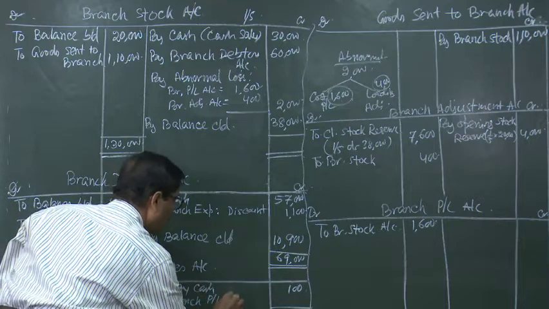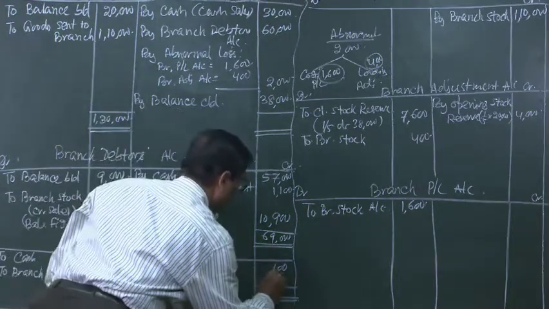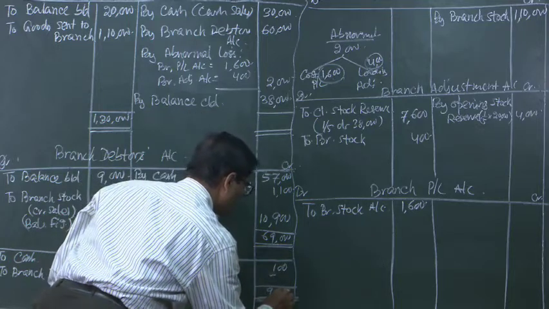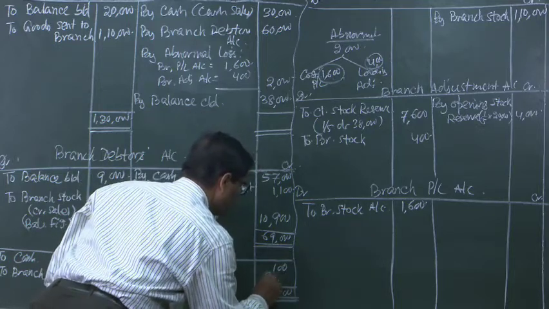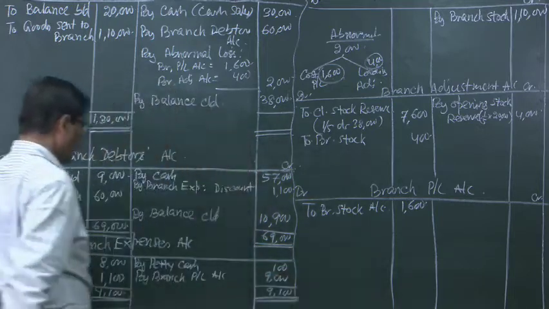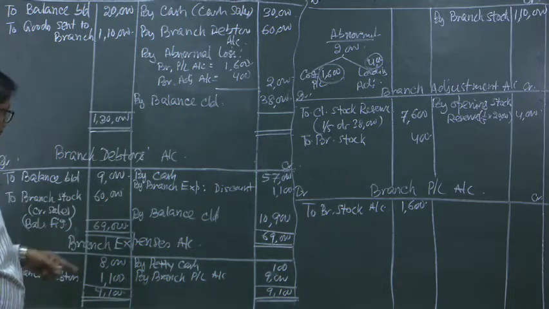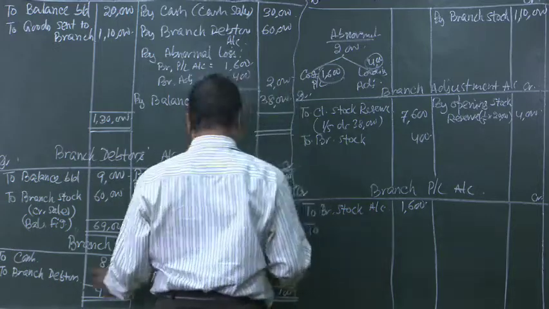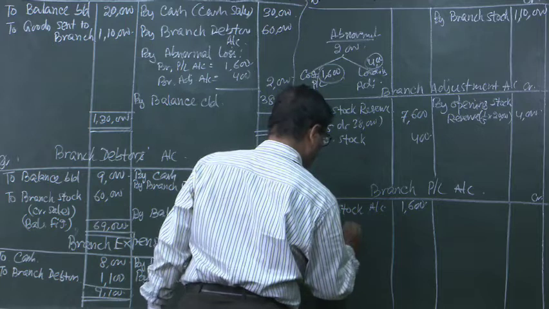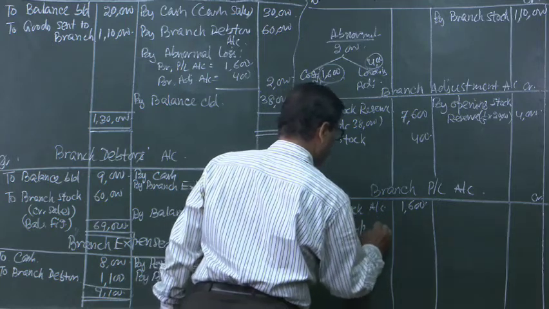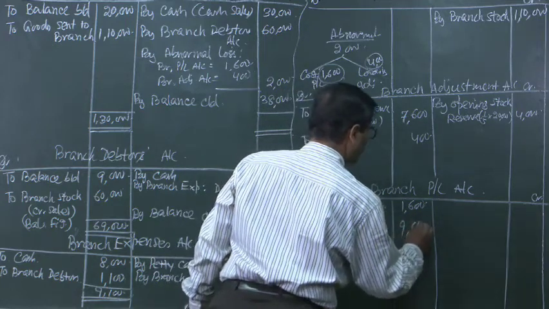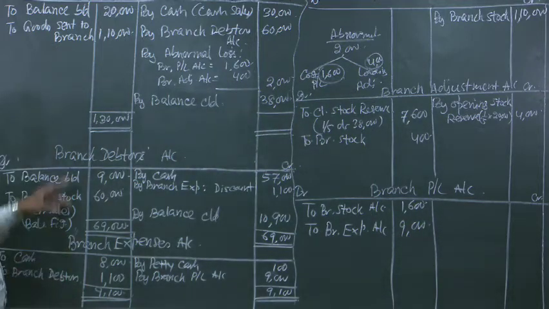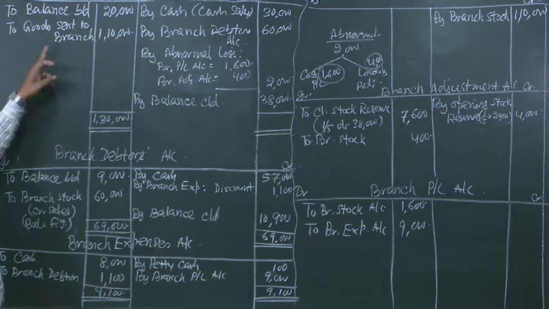So, 9,000. What is the entry? Branch PL account debited to branch expenses account 9,000. So, in this way we have closed the branch expenses account, branch stock account closed, branch debtors account closed,